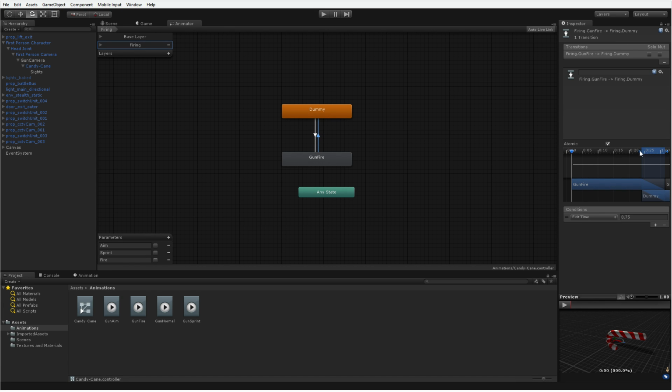And what we're going to do is we're going to make this as short a blend as possible. And so I'm just going to bring the left blend portion over. I'm going to bring the right blend portion past the left, and Unity will just snap them together there. And then it'll fix it just fine there, and there we go. So we have our blending is fine. As a matter of fact, I'm going to do the same over here.